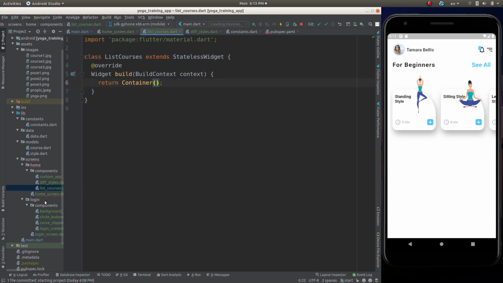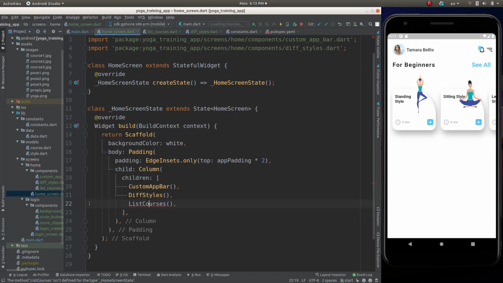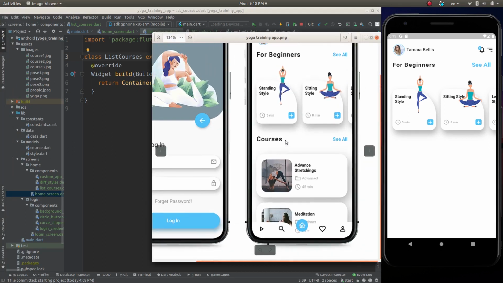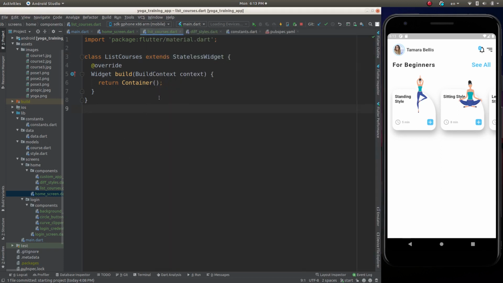Let's import this. Now let's check the design once more. It has two text fields and containers in a list. Okay, that's great. For that, now we can